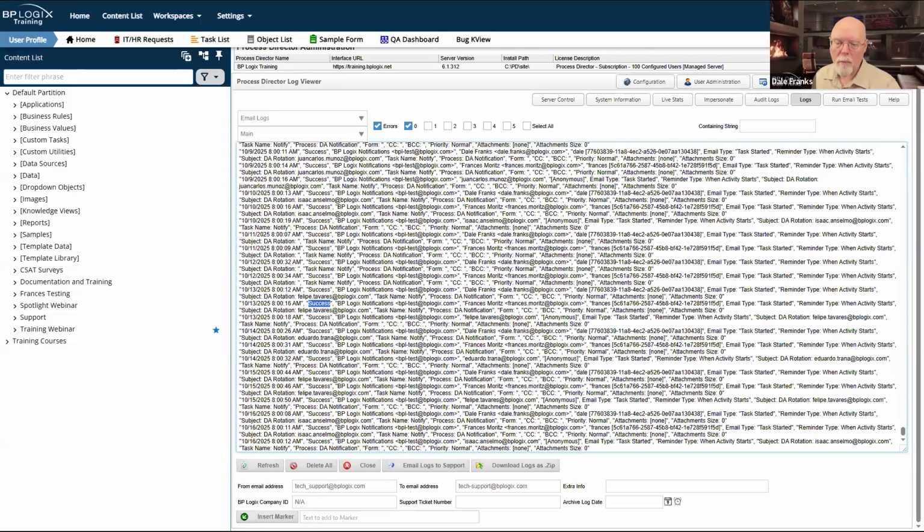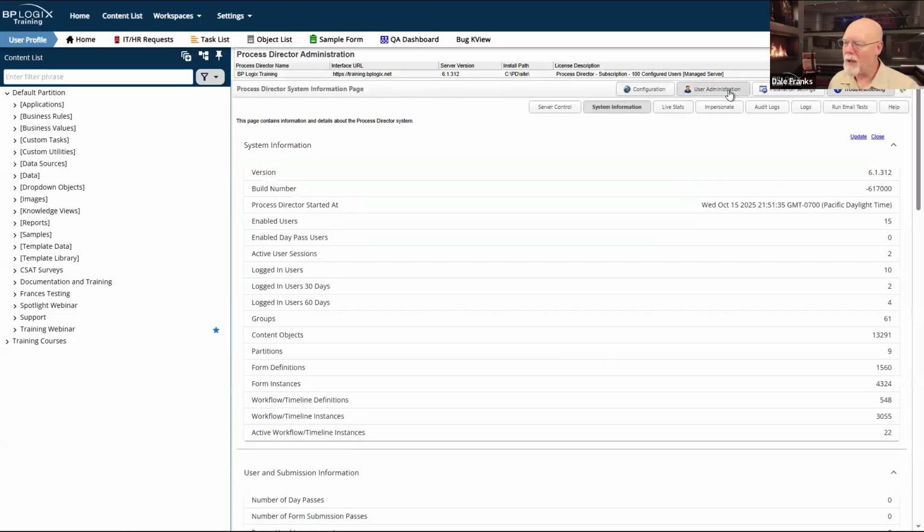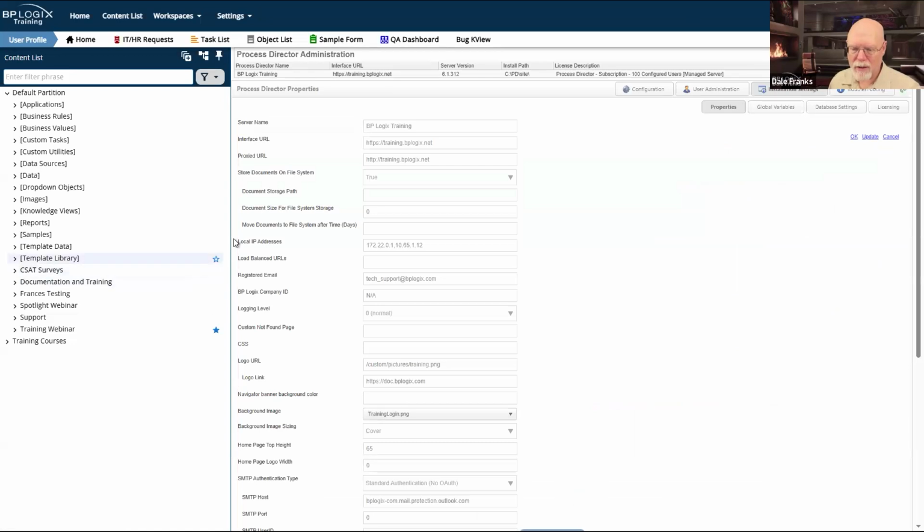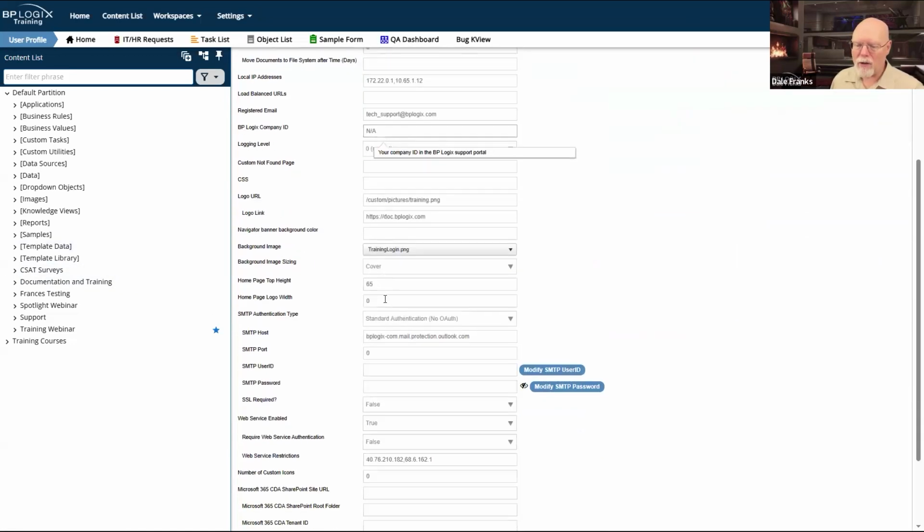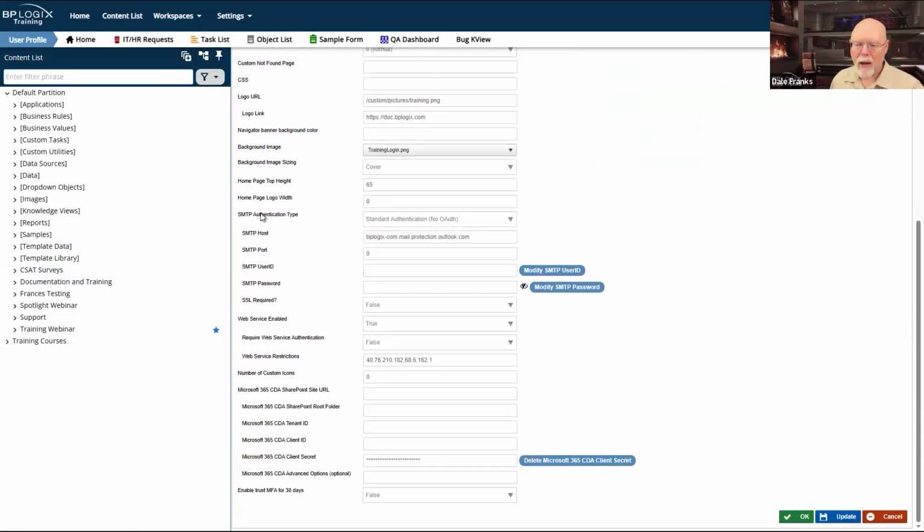We recommend that you use Mail Relay for emails. Now, if we go back to our system information, no, that's not where we want to go. We want to go back to installation settings, and we go into our SMTP section.